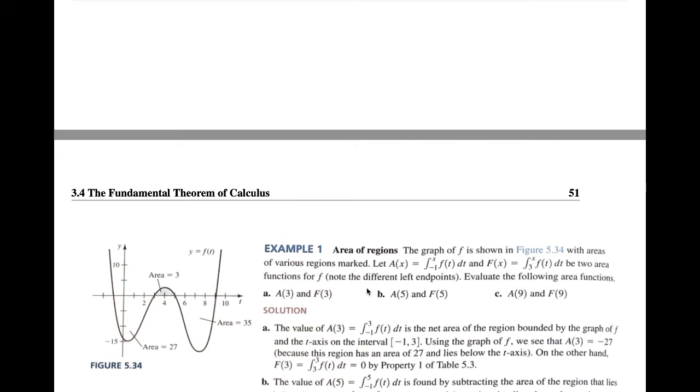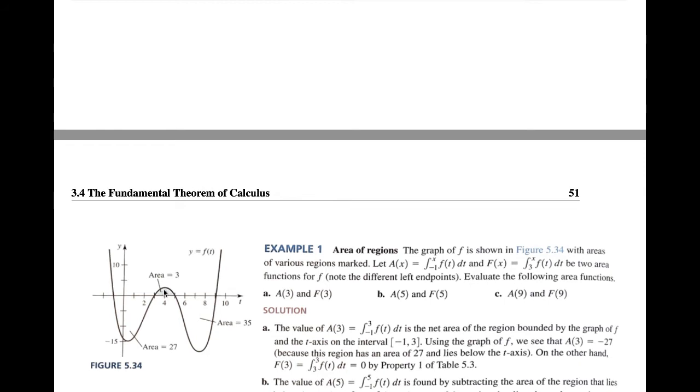There are two area functions. A of x has a lower limit minus 1, and we have to determine A of 3, A of 5, and A of 9. A of 3 is the integral from minus 1 to 3, which is minus 27. Remember, everything below the x-axis counts as negative. A of 5 is minus 27 plus 3, and A of 9 is minus 27 plus 3 minus 35 is